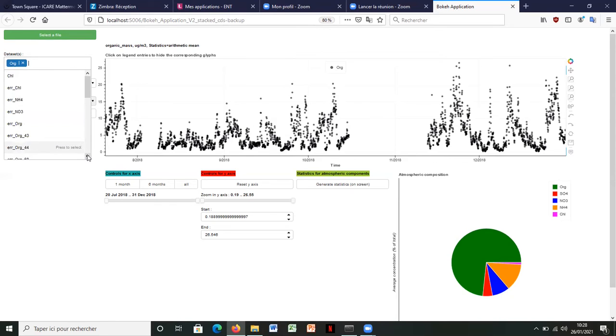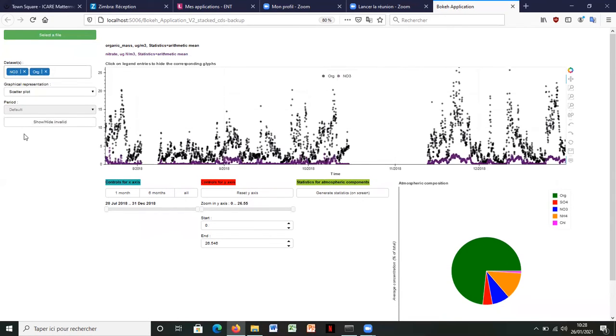So, for example, I will add a new dataset, and this one, for example. You can notice that each dataset has its own color.